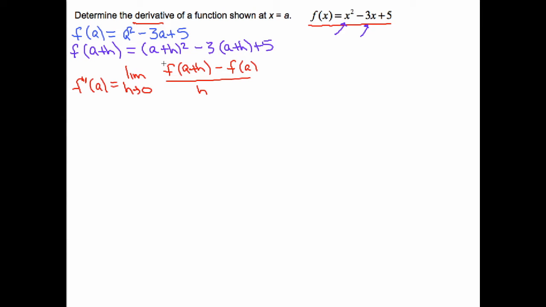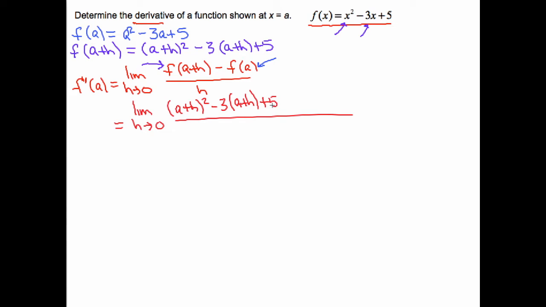So I'll substitute in f of a plus h here and substitute in f of a here. So the next line would read the limit as h approaches 0, and f of a plus h is a plus h squared minus 3 times a plus h plus 5. Then I'll subtract f of a, and we have 3 terms: a squared minus 3a plus 5